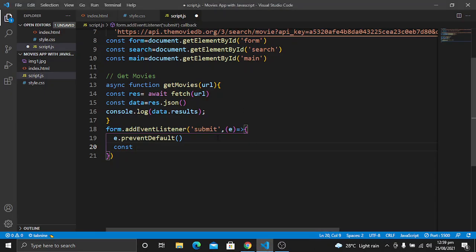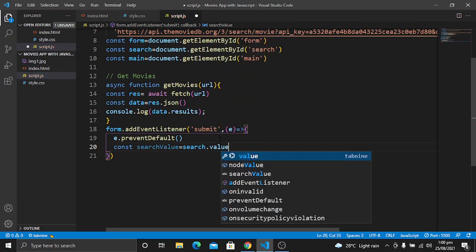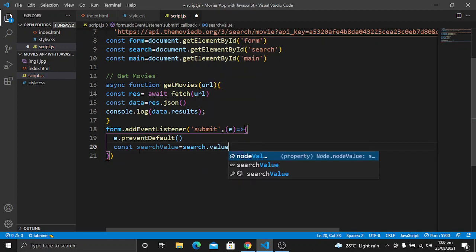So I will get the value for this search term, which will be the search value. We will use search dot value, and the search value will be stored in this variable.